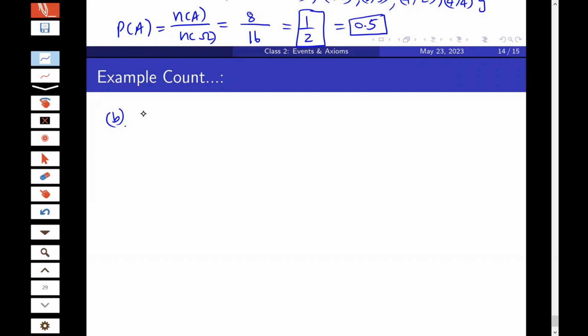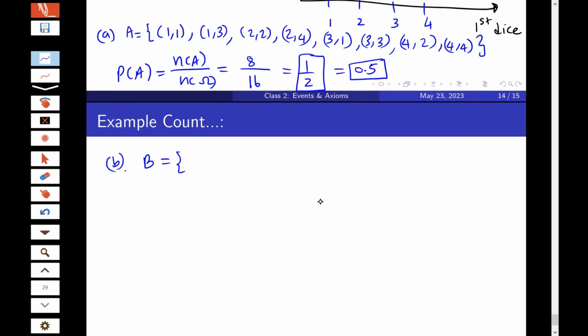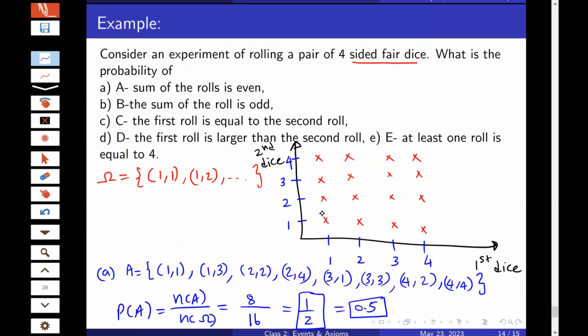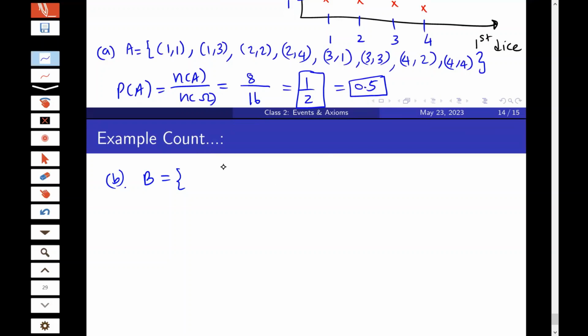Okay, so here B says the sum of the roll is odd. You can list the items here and find the values, and then find the probability of B. But what I'm going to do is use something different. If this is odd values and this is the list of even values,